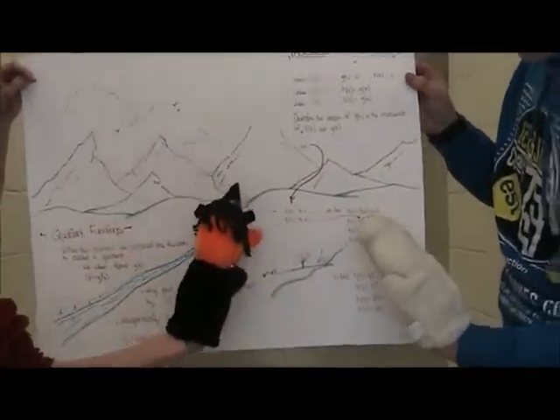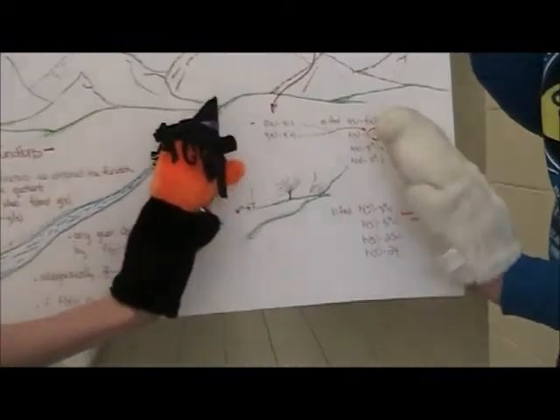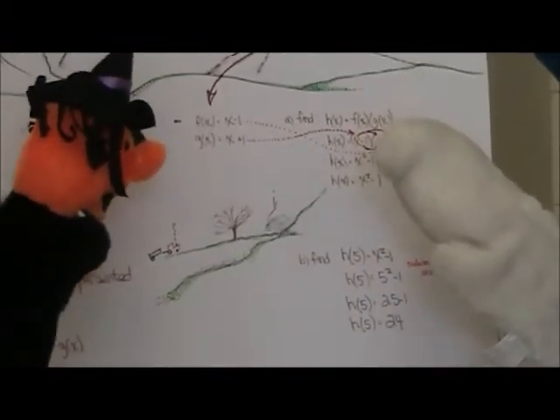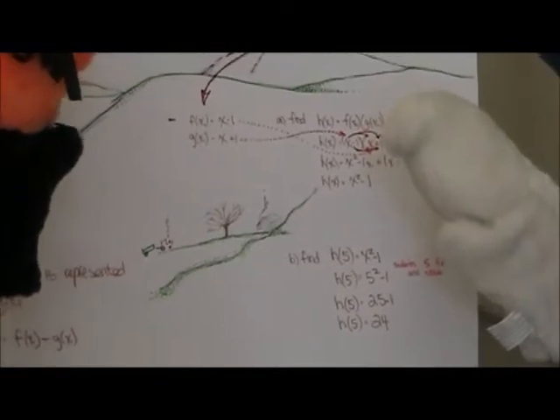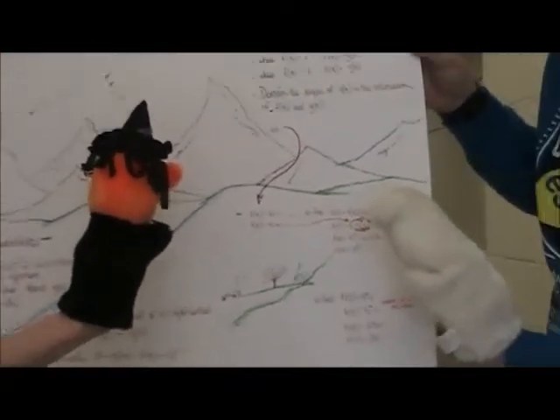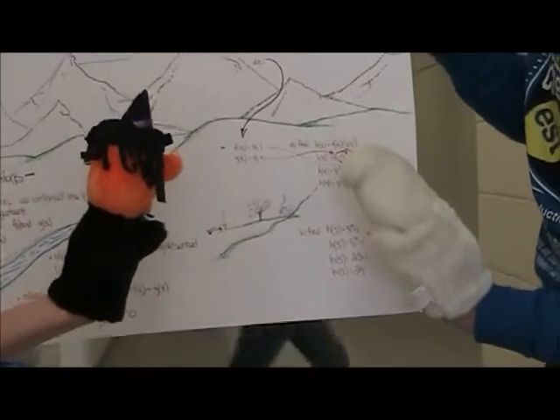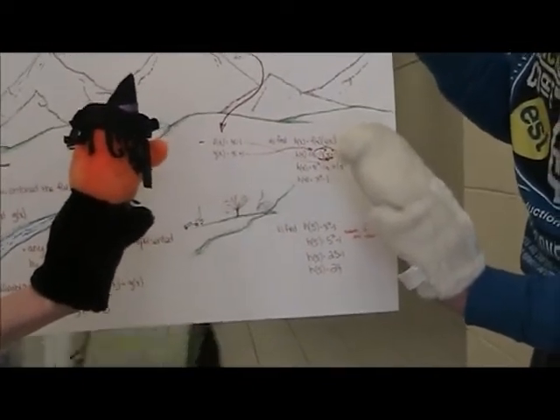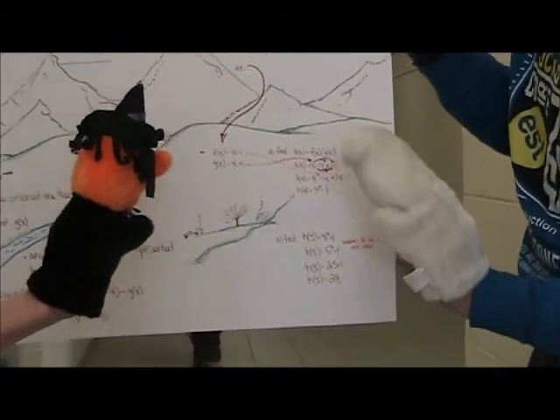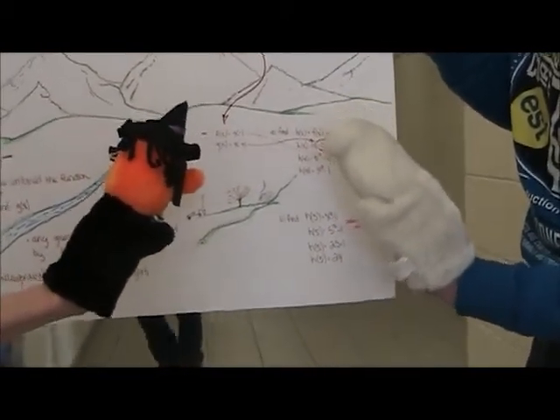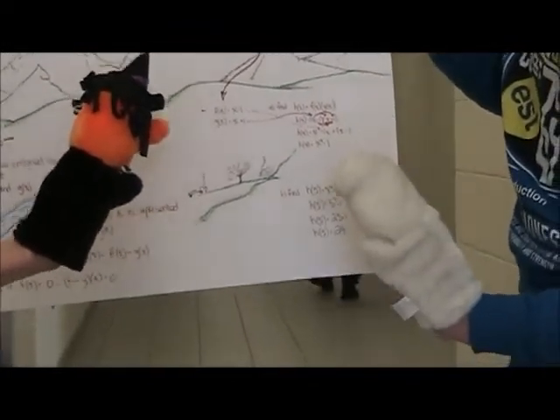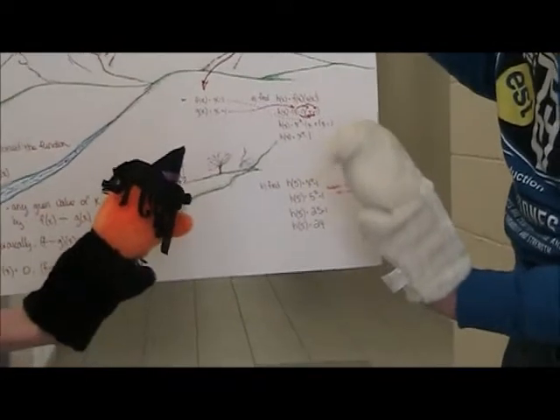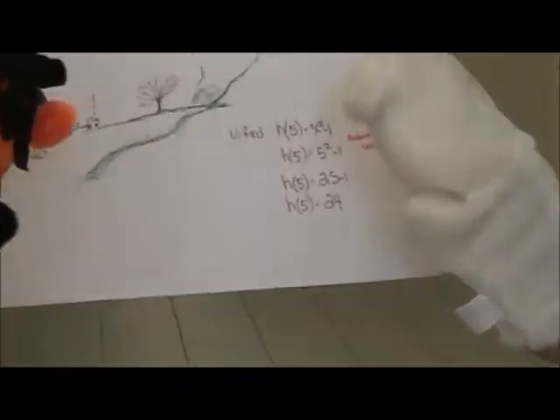So we're going to look at an example. When f at x equals x minus 1 and g at x equals x plus 1, we're going to find out what h at x equals. So we see that h at x equals f at x times g at x. We sub in x minus 1 for f at x and x plus 1 for g at x. And we solve. So we rainbow and we find out that h at x equals x squared plus 1x minus 1x minus 1. And then taking common factors, we find that h at x equals x squared minus 1. So now we can sub in, for example, to find out what h at 5 equals. So we sub in 5 for x, and when we do the math, we find out that h of 5